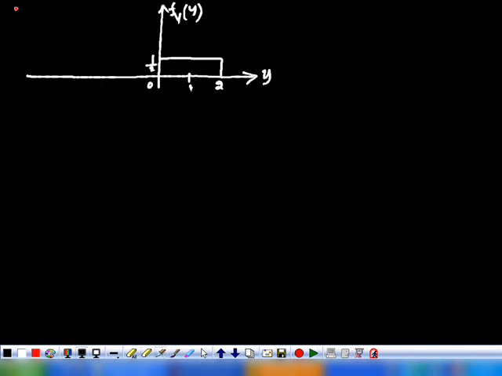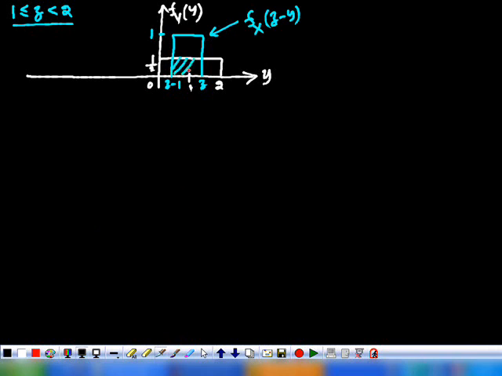Now we are assuming z is in between 1 and 2, that is 1 less than or equivalent to z less than 2. So here this is the z, and z minus 1 will be somewhere here. So this is z and this is z minus 1. This amplitude is equivalent to 1. Understood? So this blue line is the fx of z minus y, and the green one is the fy of y.